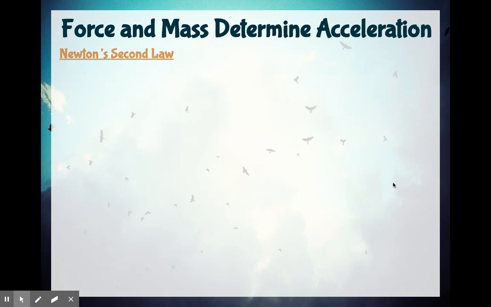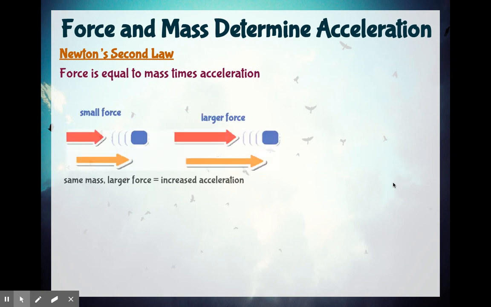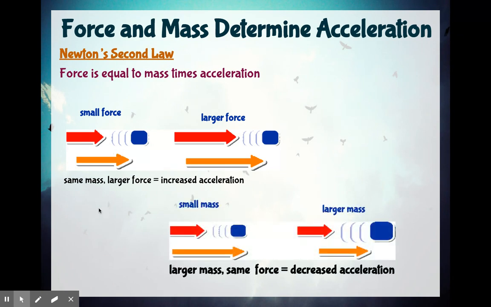So, on Newton's second law, force is equal to mass times acceleration. If you have a small force with the same mass, a larger force is going to give you more acceleration because you have more force to move that amount. Now, if you have a larger mass and the same force, you're not going to have as much acceleration. It's basically saying that regardless of how any of these work, force equals mass times acceleration is always going